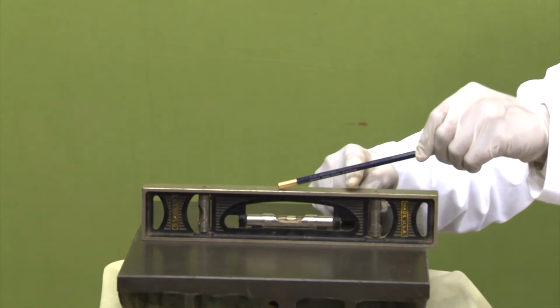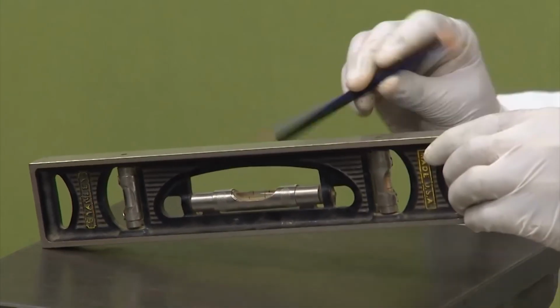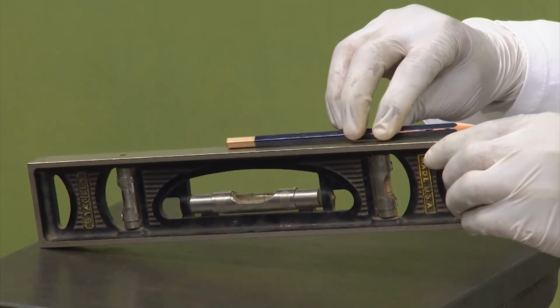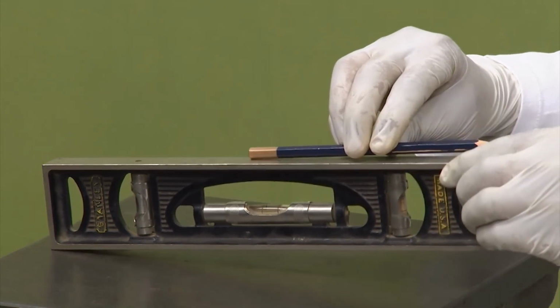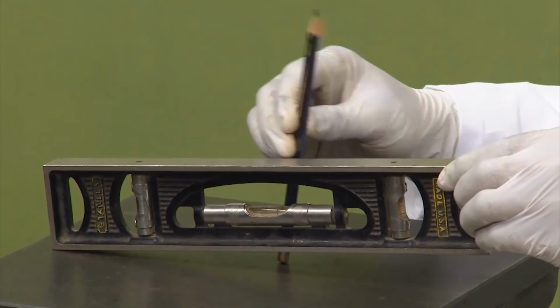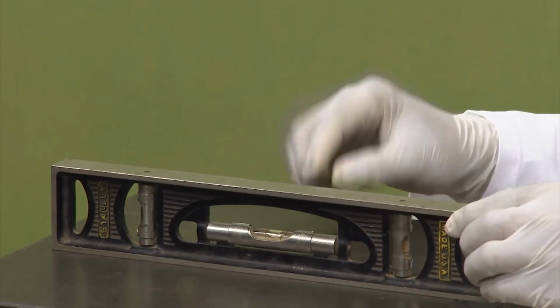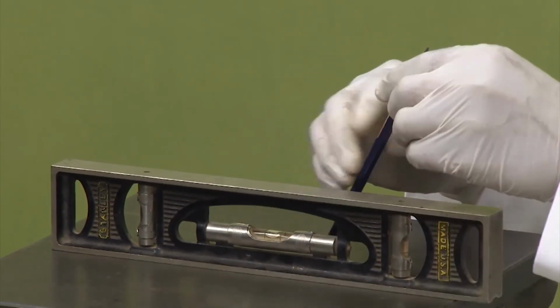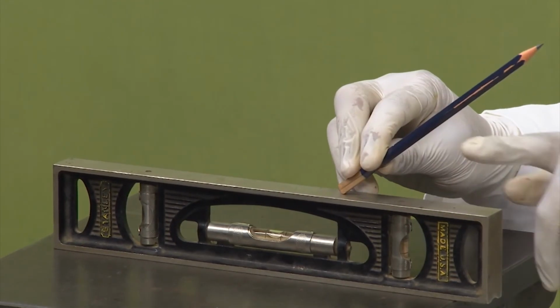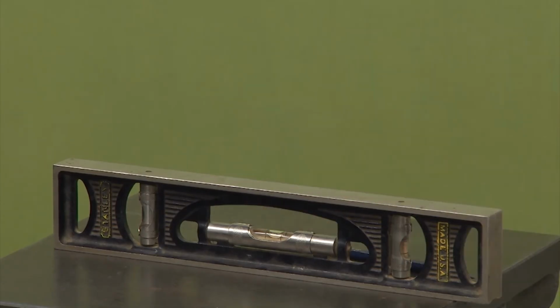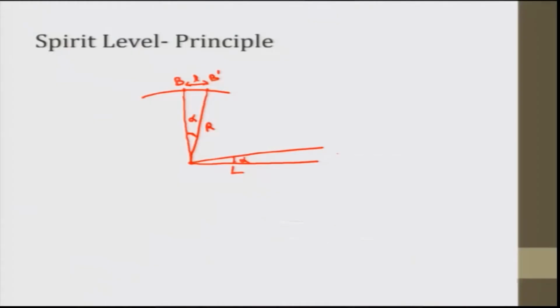That is the angle at which the spirit level is tilted. If I tilt it like this, I will keep my pencil stationary and make it straight. This angle alpha and the angle that the bubble makes with the center of the vial are the same, this alpha with the center line and this alpha with the spirit level. Based on this principle, the spirit level works. If this is line L and it changes at any point, let me say at the end,